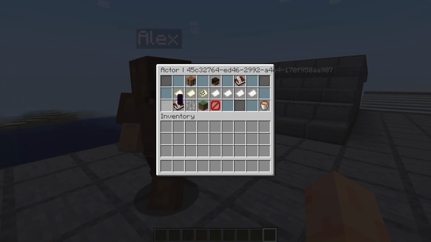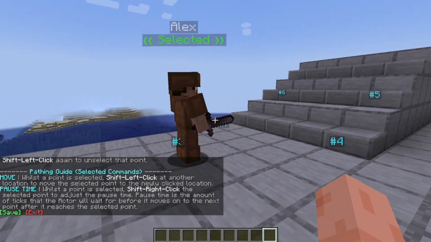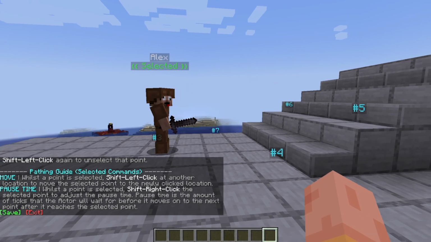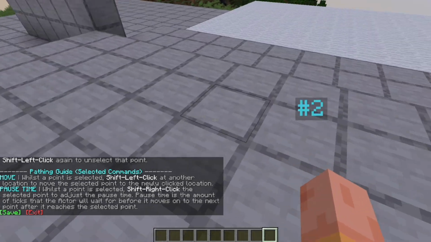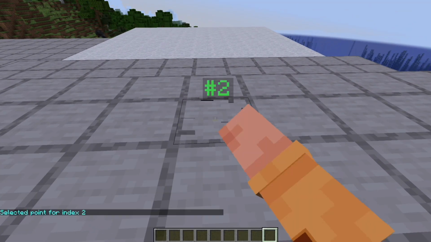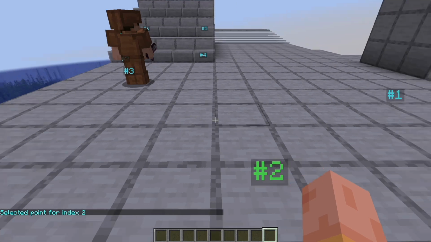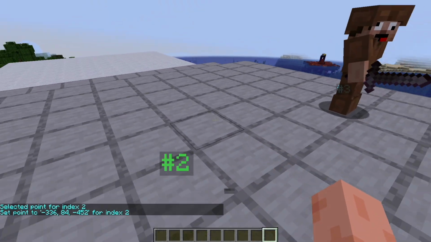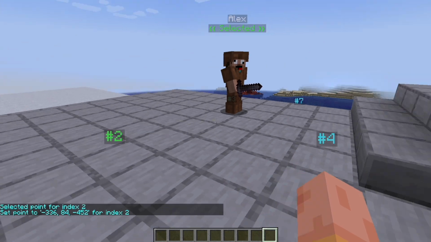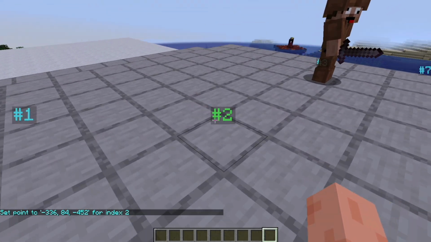In any case, let's go back into this editor. It will pause the NPC where they are, and let's show the whole moving thing. For example, if I left click here, I've selected it and it highlights green. I can then select somewhere else and it'll move it there as well. The other thing you can do here is you go shift right